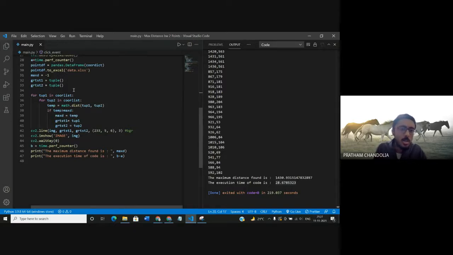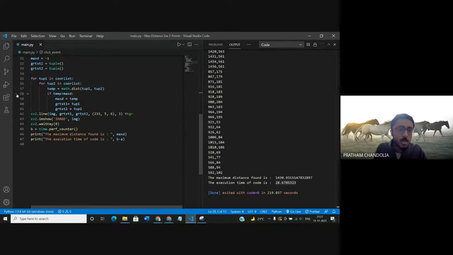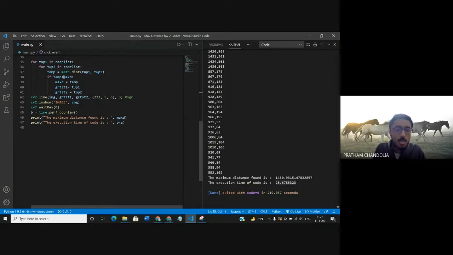Okay. Then I've created tuple variables, greatest1 and greatest2. For tuple1 in coordinate list, there is another for loop for tuple2 in coordinate list. And then I have used the math library to find the distance between two tuples. So temp is the distance between two tuples, and if temp is greater than maxd, which is initially negative, of course, then maxd would become temp, greatest1 would become tuple1, and greatest2 would become tuple2.